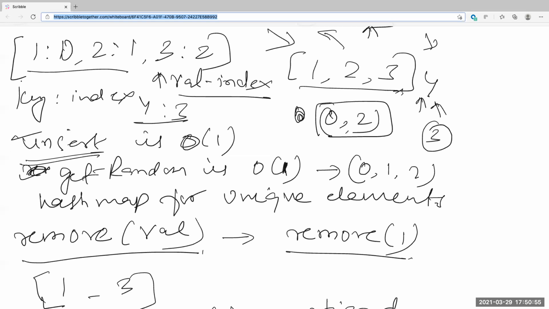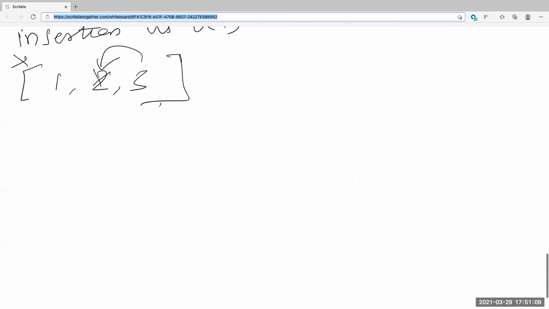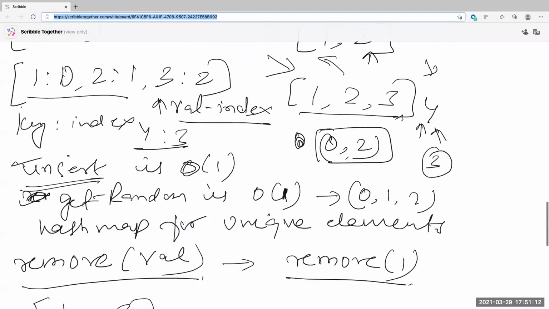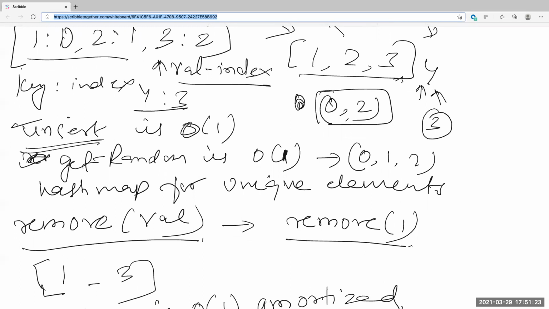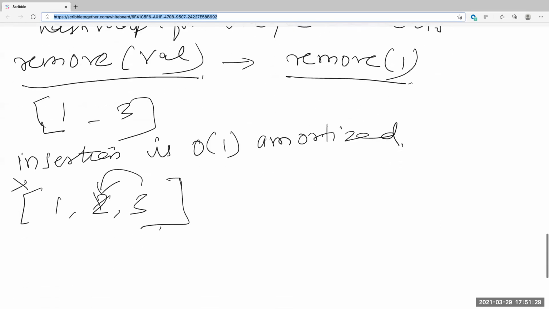Okay. Did everyone understand what Ankita and Coder mentioned? We know we have to remove an element, which means it's going to create a hole. And we also know that removing from the end of an array is a lot less costly than removing from the middle, because we don't have to shift stuff. If we know we have to remove 2, from 1, 2, and 3, if we flip 3 and 2, then all we have to do is update the index of 3 in the hash map and remove 2 from the hash map and the array.